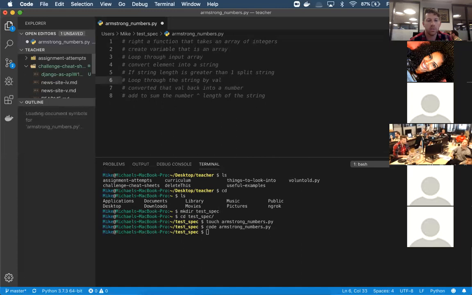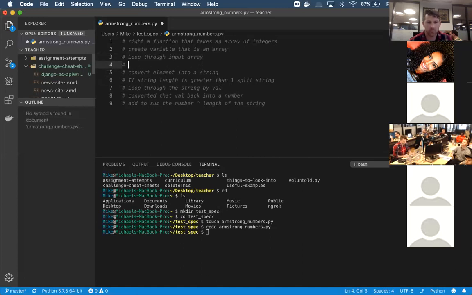So after looping through, create variable sum as an integer. Okay. So that's each group of my value, add my value to sum. And then just keep looping. So when done with looping through the string,